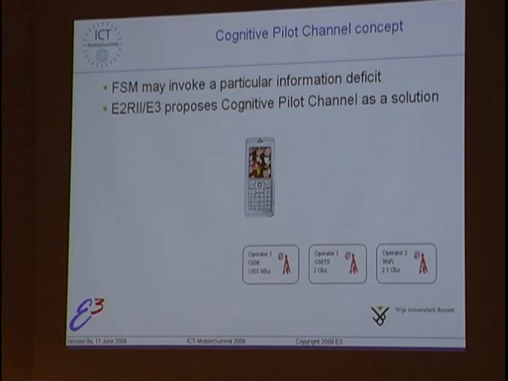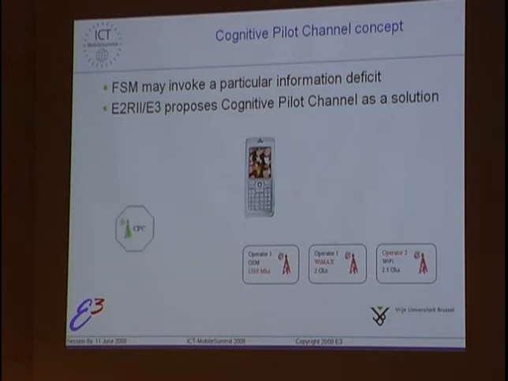Now imagine that, first of all, operator 1 decides to change its frequency to 1500, for example, because it was able to license that kind of spectrum or use it from another operator. Imagine that operator 1 changes the technology used on 2 gigahertz from UMTS to WiMAX, and imagine that operator 2 goes out of business and sells its access points to operator 3. Now the problem is that the device has no idea what radio access technology is located where anymore.